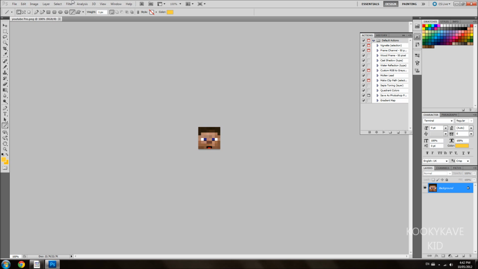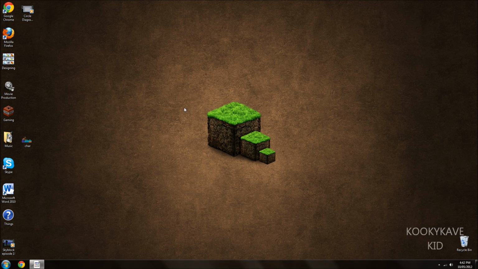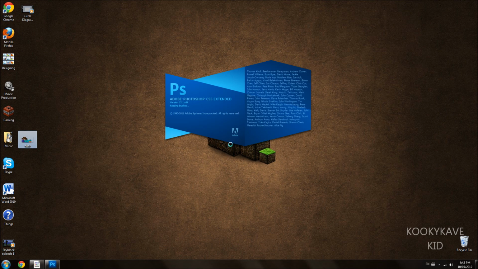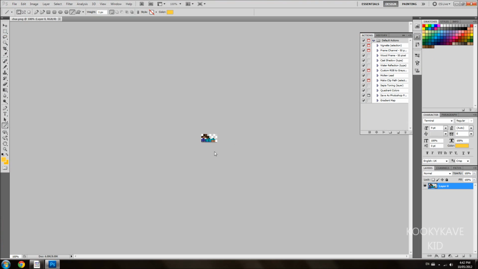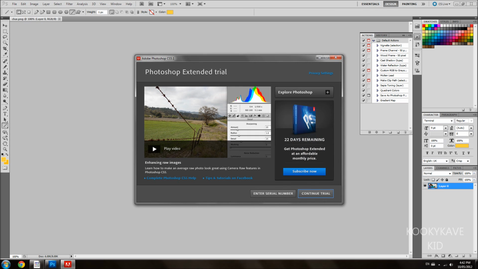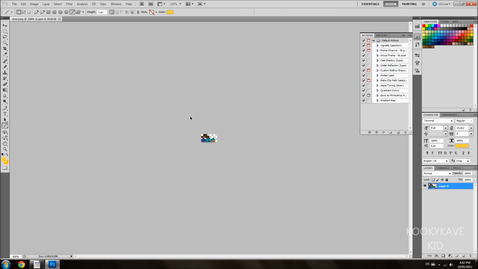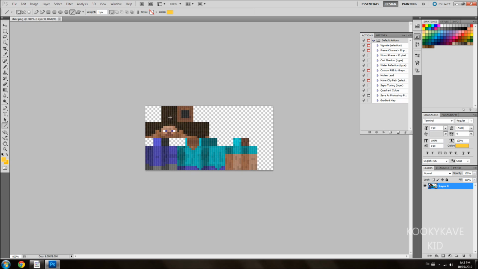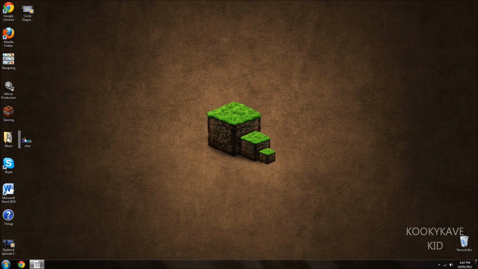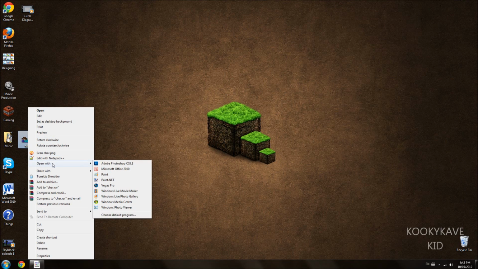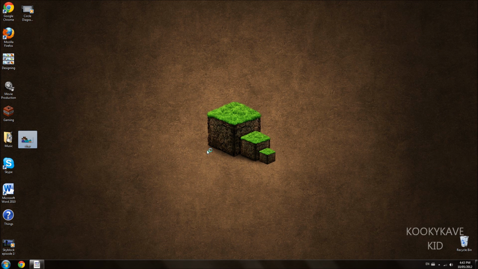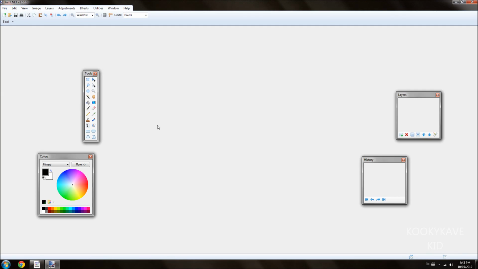And I'm not going to be using Photoshop like I have here, because most people don't have it, so I'm going to close this down. The first step is to get your Minecraft default Steve skin, which is like this. Let me zoom in here. Yes, I do have a trial of Photoshop, but we want this skin, and we're going to open it up with a program called paint.net, which I've used before in some of my videos,